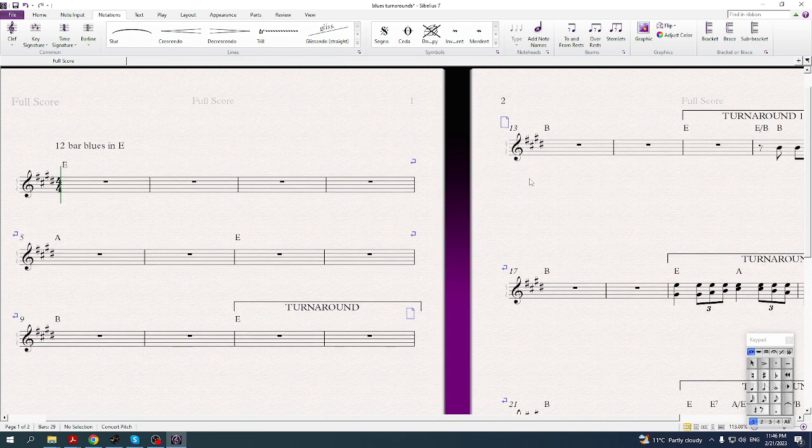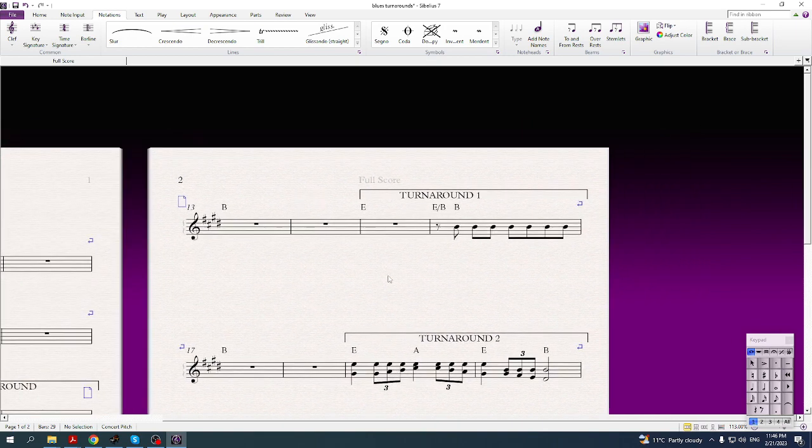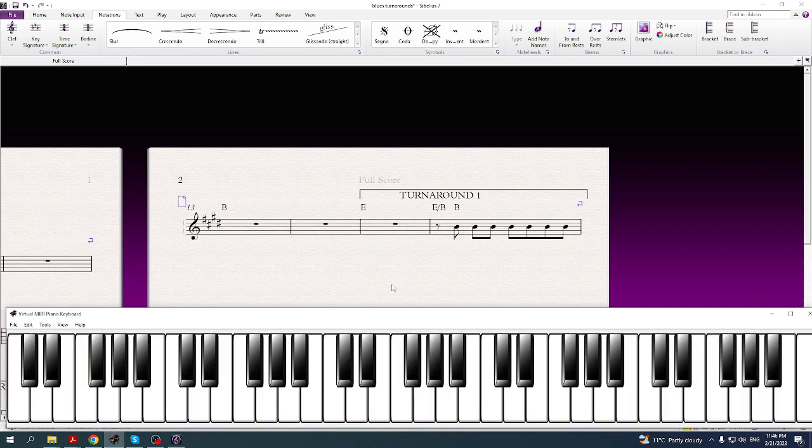We're going to talk about 4 examples of common turnarounds, and I want you to practice those. The first example is literally just adding a 5 chord on the 12th bar. So that's pretty much the simplest example I can think of. So if we're coming from like a blues in B,